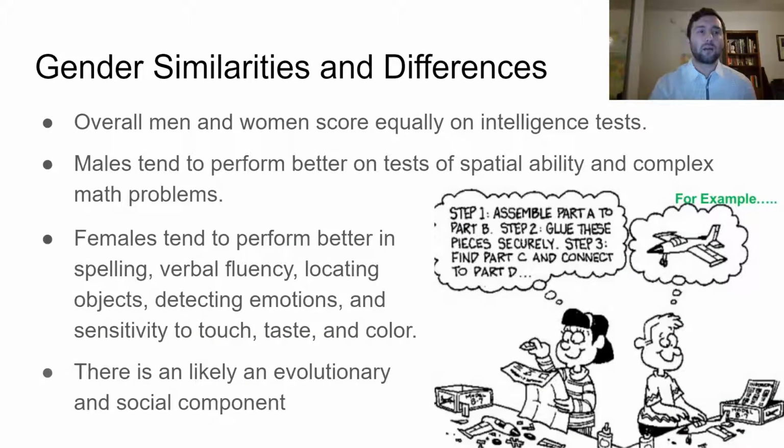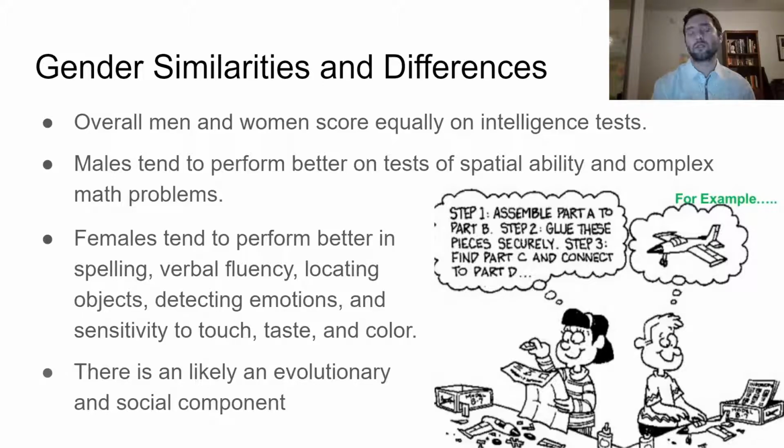So first, let's talk a little bit about gender and the similarities and differences in gender. Now, we'll actually dig into this a little bit more in some of our other units in ways that are kind of beyond intelligence, I guess. But one thing that's really important to notice is that overall, men and women are actually incredibly similar, at least as far as we know when it comes to psychology. And when we look at IQ tests or intelligence scores, we actually know that overall, men and women tend to score equally. Now, where we get our higher or lower scores, there are some differences there. But if we're just looking at kind of the raw overall number, there isn't really a difference between men and women as far as intelligence goes.